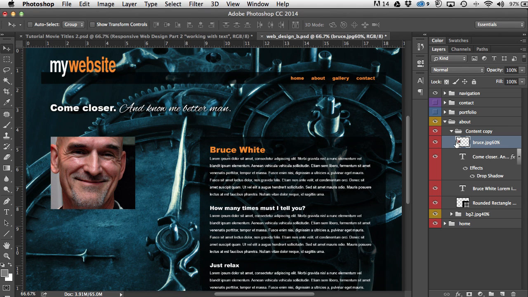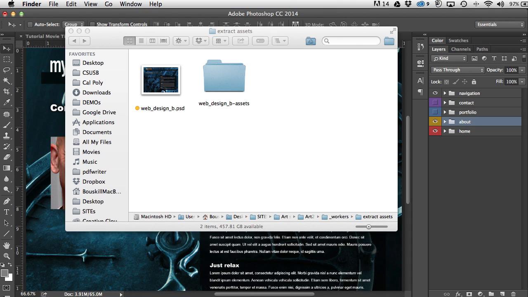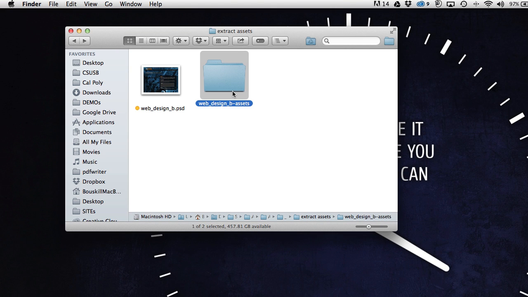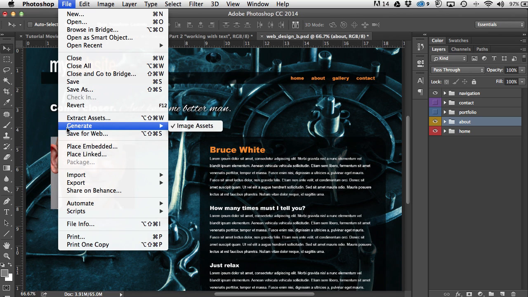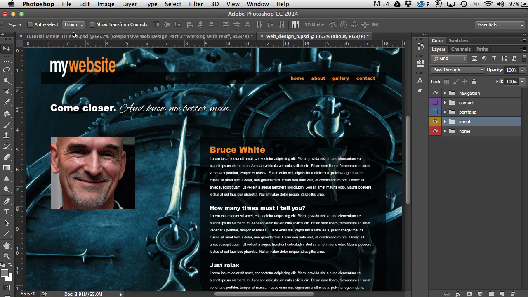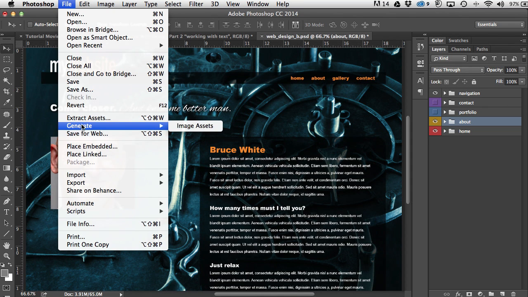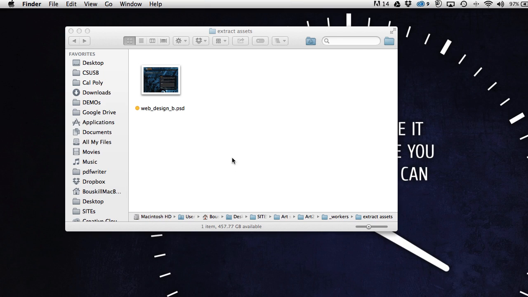Alright, so once I do all this stuff, I'm going to go out here and show you where I'm working. Oh dear. I'm going to get rid of that. That's the one from my test. So here's the file that I'm working in. What's going to happen is it will create a new folder right next to this one with the same name and then -assets. And we'll put all those assets that I just named inside of my Photoshop file in there. Okay, and right now you're going to go to Generate, and it's already turned on because I already had that folder there, so ignore that. Come here, Generate Image Assets, happens pretty quick,